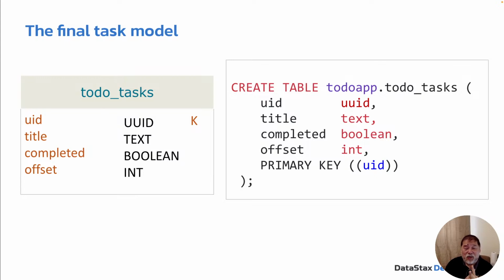Remember what I said Cassandra gives us: super low latency, super high availability, and global or internet scale. My to-do list has no more than, I guess I could get to 100 items for my personal and work and other to-do lists all combined. I might get 100 items, maybe a couple hundred. I'm never going to have 1,000. I'm never going to have a terabyte worth or a petabyte worth. So yeah, maybe Cassandra is a bit of overkill, but it's a great example to